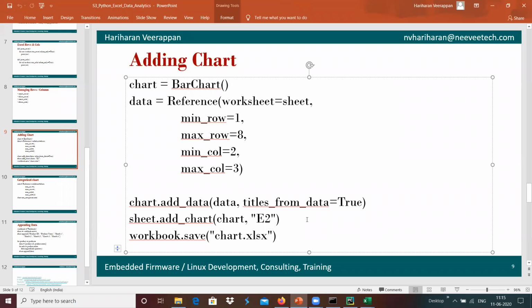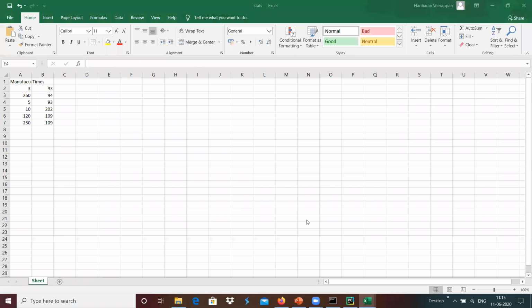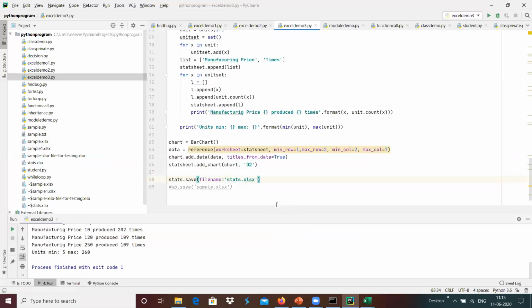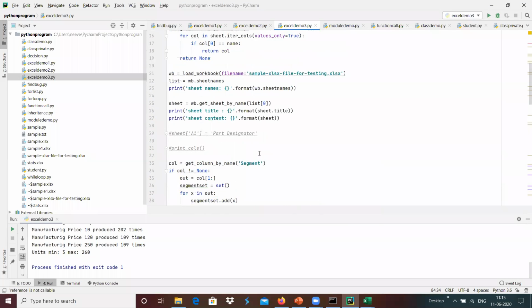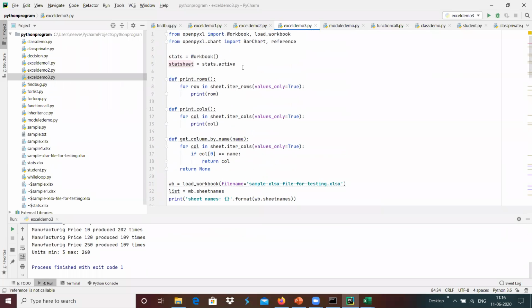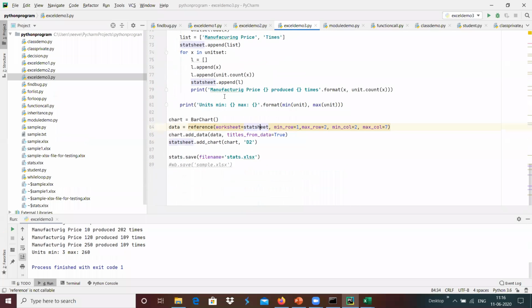Maybe worksheet is stats sheet. Okay, this stats sheet is the one which contains the data, stats.active, that we have the stats sheet over here, and it does not add the data over here.